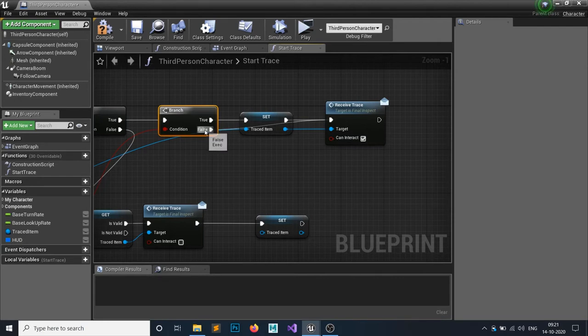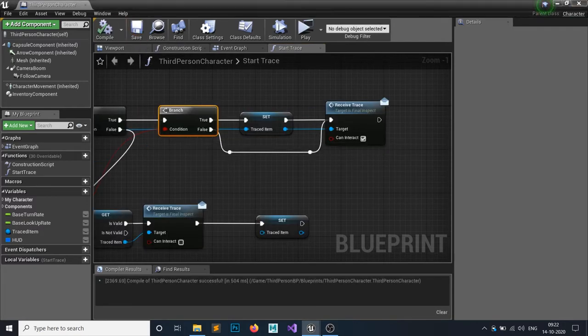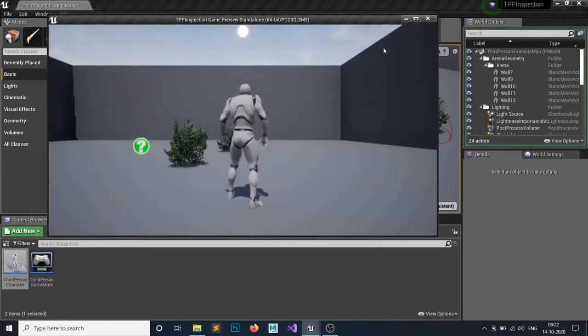Let me make a reroute node so you can see this. If it's true, it sets the traced item and then goes to receive trace, but if it's false, it goes directly to receive trace. Compile and save, and now the camera detection will work fine.